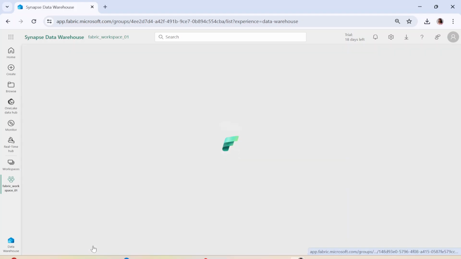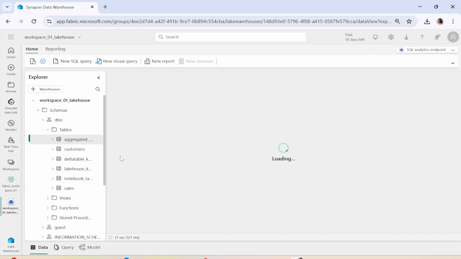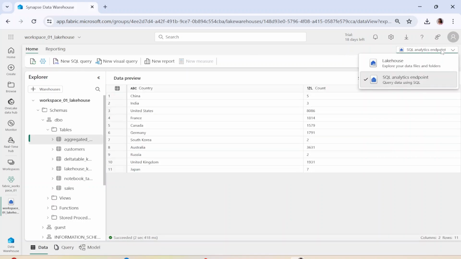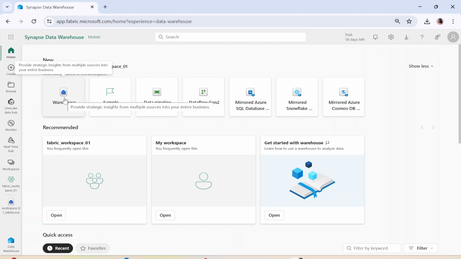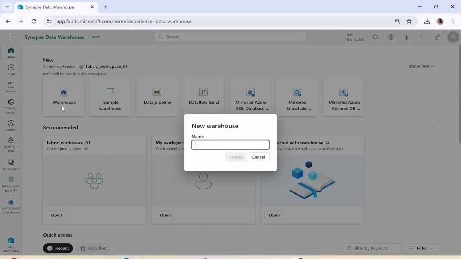So if I go and click on this, right? I'm going into a SQL Analytics endpoint over here. So you can see whenever I create a lakehouse, a SQL Analytics endpoint got created. Now we have also seen how we can query the data loaded into the lakehouse using the SQL Analytics endpoint. It is for the read part, but it is not related to your warehouse directly. So now if I go back to my home, right, and if I click on this warehouse, I will go ahead and create a new warehouse. So the moment I click on it, I can simply say test_warehouse, right? And I can simply create it.